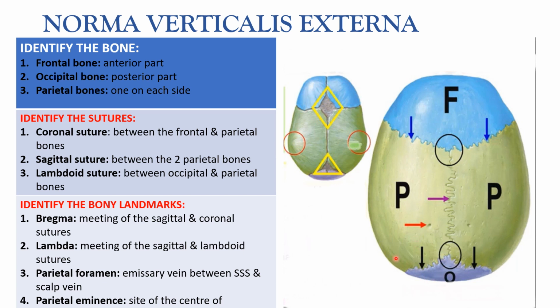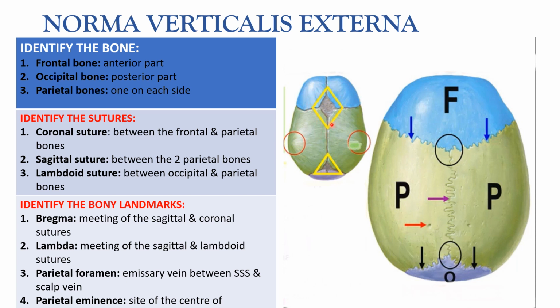Then we looked at the landmarks. We looked at the bregma. Bregma is the meeting point of the sagittal suture and the coronal suture. We said that it's related to the anterior fontanelle in infants. Anterior fontanelle found between the frontal and the parietal bone. It has a diamond shape. It closes at 18